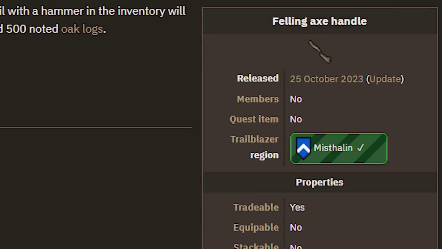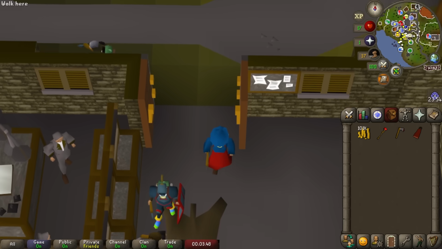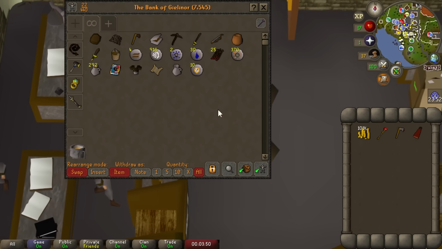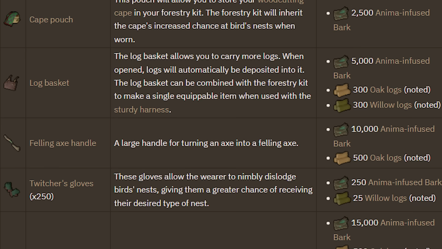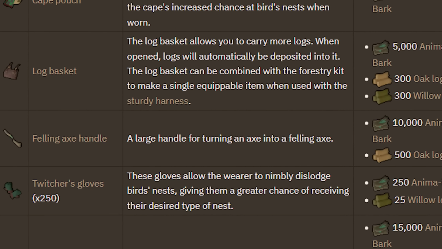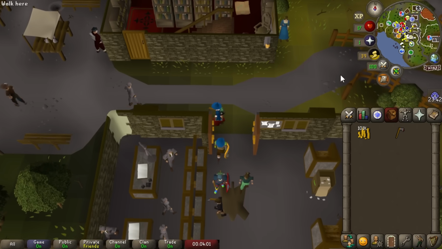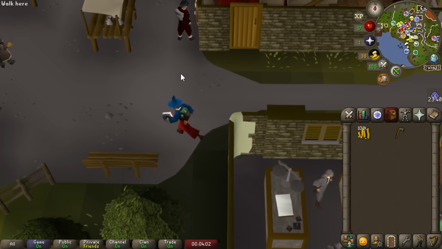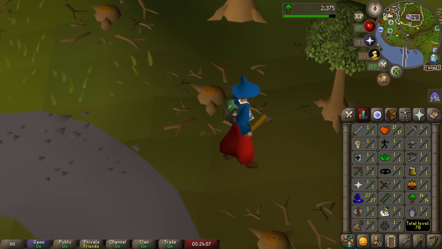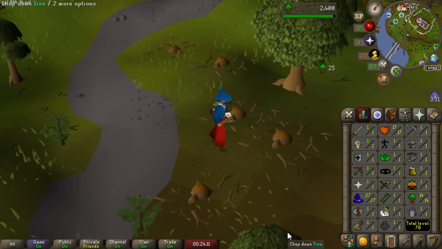For whatever reason, the Felling Axe handle is a free-to-play item. Felling axes are pay-to-play, you can't use them at all, but specifically the axe handle is free-to-play and you can trade it on the Grand Exchange. So presumably you can buy it from the Forester shop in free-to-play, right? Right? I'm actually not sure about that. It says free-to-play in the shop, so that would be really misleading if you can't. The only issue is it's 10,000 anima bark, and anima bark is slow to get in free-to-play,